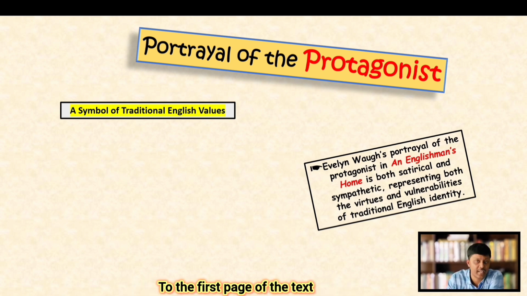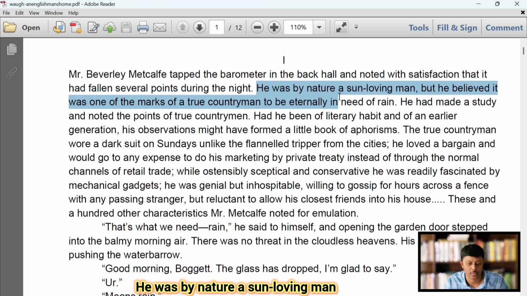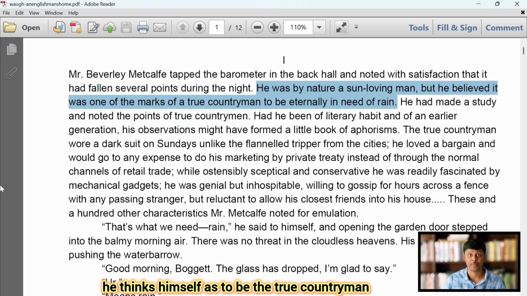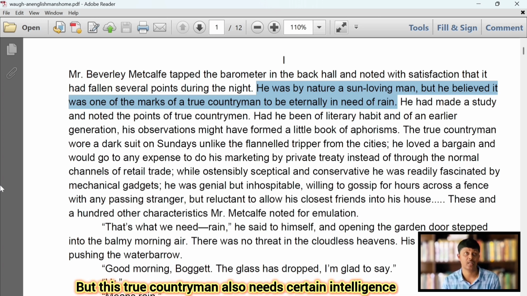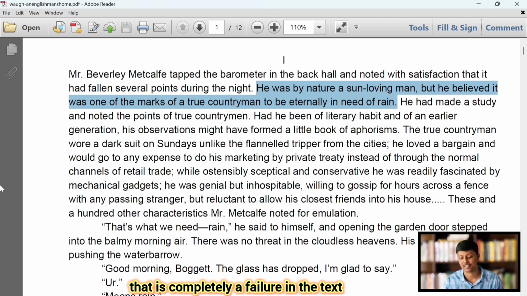Why? Turn to the first page of the text. Here, Mr. Beverly Metcalfe tapped the barometer on the back hall and noted with satisfaction that it had fallen several points during the night. He was, by nature, a sun-loving man, but he believed it was one of the marks of a true countryman to be eternally in need of rain. See, he thinks himself to be a true countryman, and he has the nature of a true countryman, but this true countryman also needs certain intelligence. The amount of intelligence he needs, that is completely a failure in the text. However,